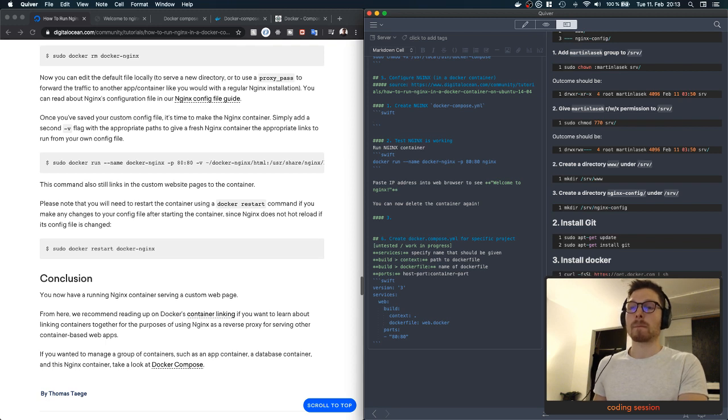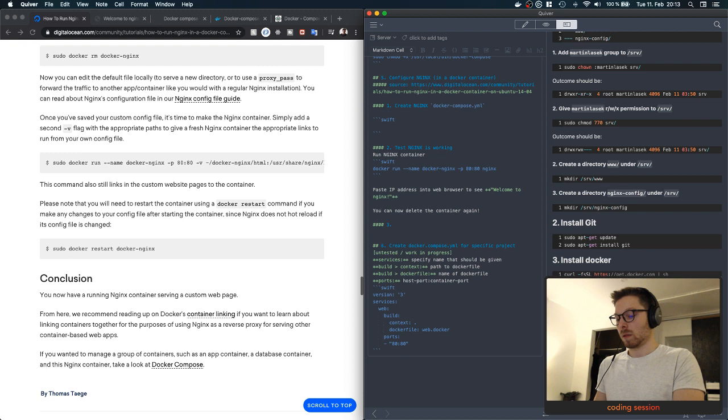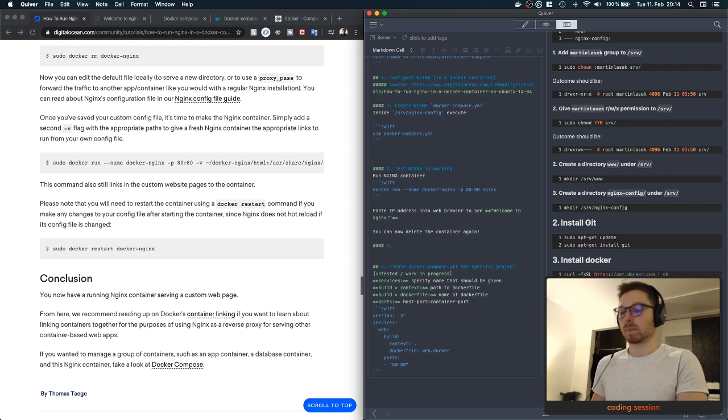So vim inside server NGINX config, execute, then inside we can actually say